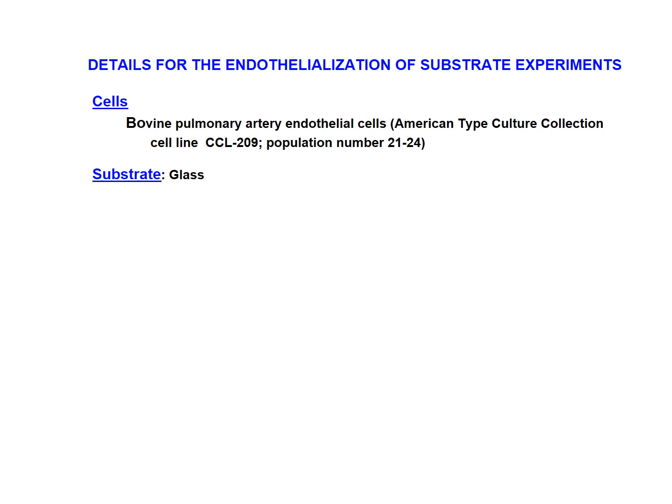Last but not least, glass has on its surface the OH groups, which, if you recall the slide for the chemical technique used to immobilize peptides, those are the starting point for the